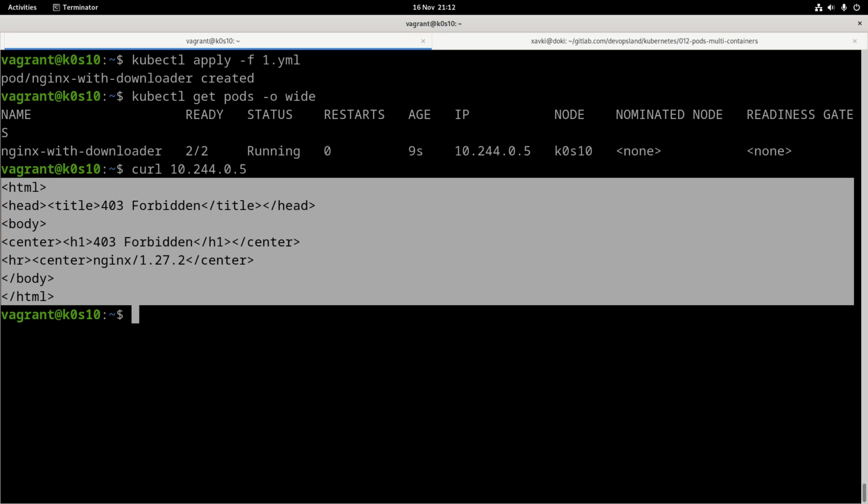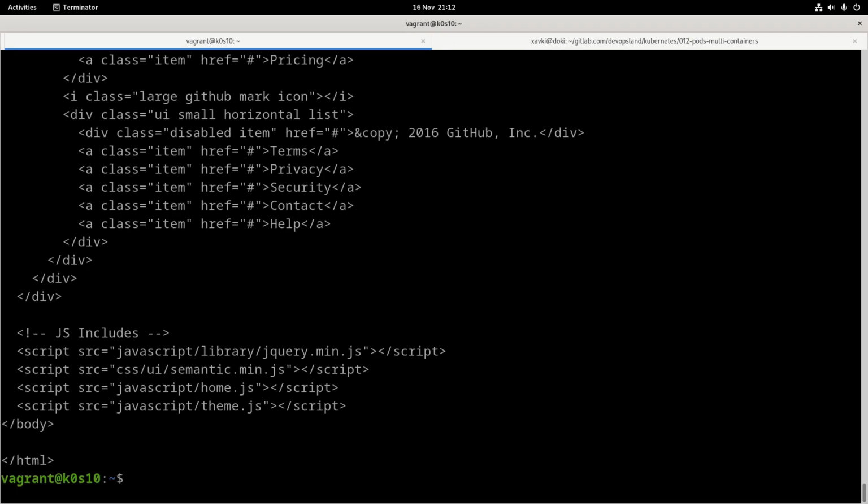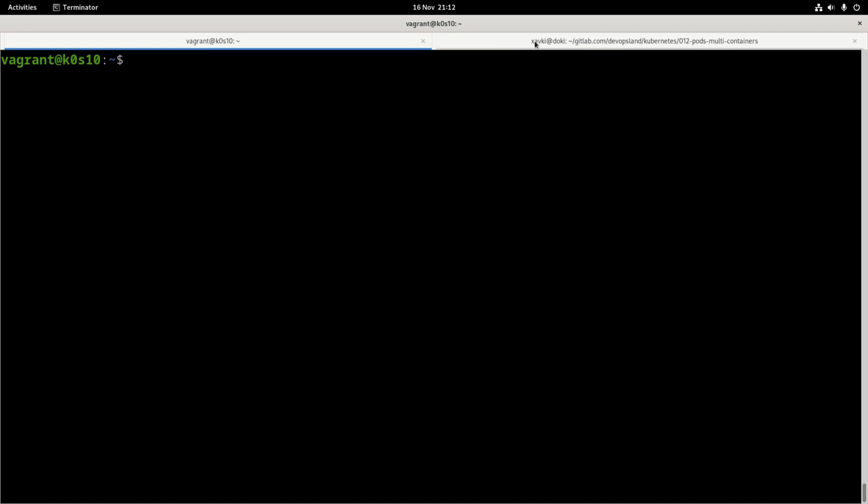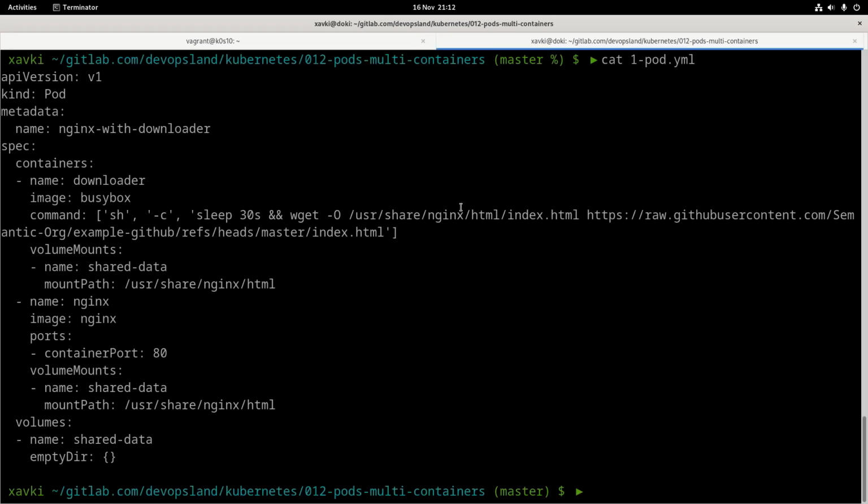This is our case when we are under 30 seconds, and of course we have this response because we don't have any index.html page. And just after 30 seconds, if we run again, the first container runs its wget to download the index.html page.